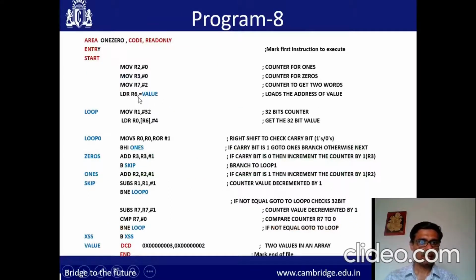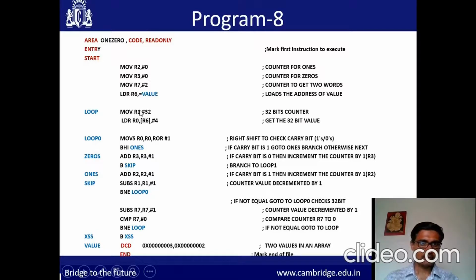Then our memory pointer is R6. So copy the starting address of the array into R6. The array has two numbers, both are input numbers, this 3 and 2. So R6 is a memory pointer here.